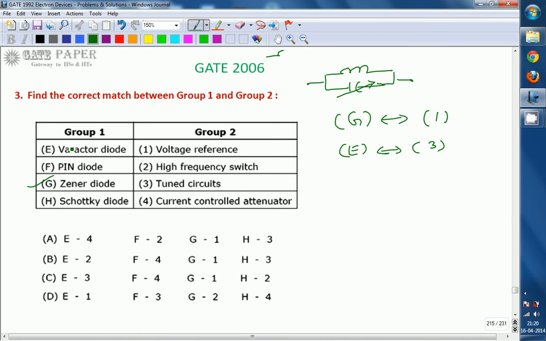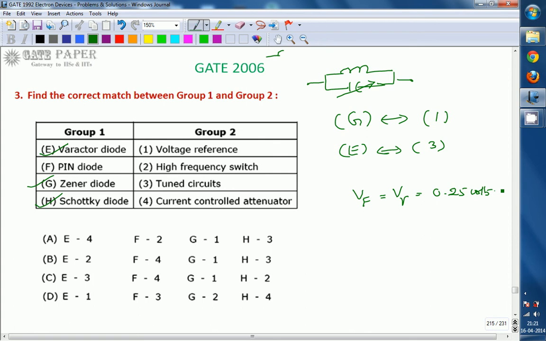Next, out of these two, PIN diode and Schottky diode, the Schottky diode is used in very high speed logic families. The property of a Schottky diode is that its forward bias voltage, that is, its cut-in voltage, is around 0.25 volts, whereas a normal PN junction has 0.7 volts of silicon cut-in voltage.